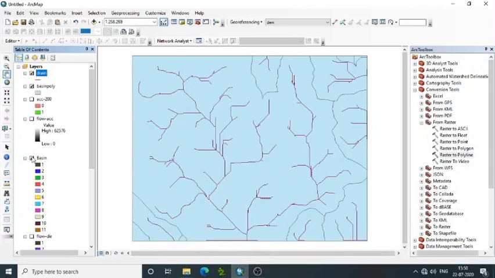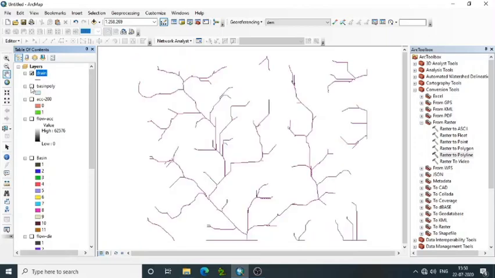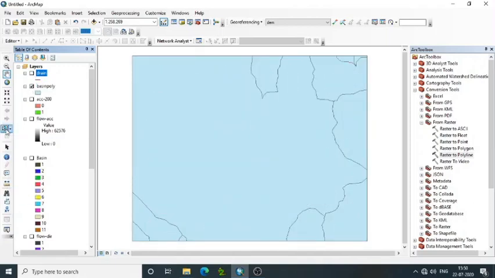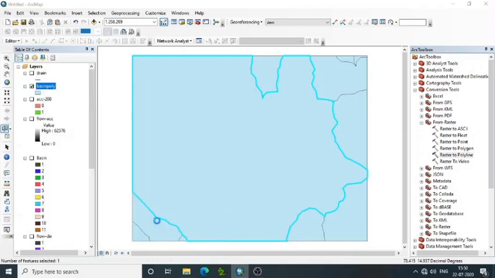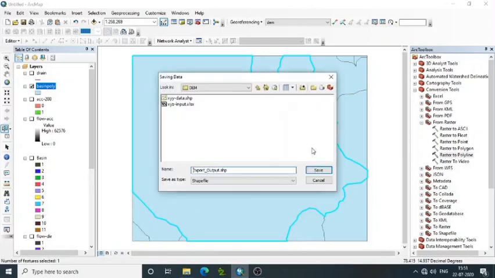Now we can switch off all the raster data. Then there are only two data. One is basin polygon and the other is drainage lines. But in the study area, where we can identify number of subbasins, we can select any one, or if it is required for your study area, we can select a particular one. Then right click on table of content file, then go to data, export. It means that we are exporting only the selected polygon.